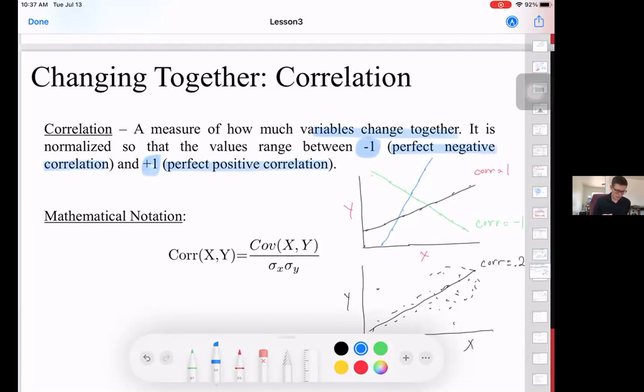So this is the formula, really quick. The formula is nice because it's made of things we already know how to do. The correlation between x and y is the covariance between x and y, which we just learned how to calculate, divided by the standard deviation of x times the standard deviation of y. That's all it is. When we say normalize, by dividing